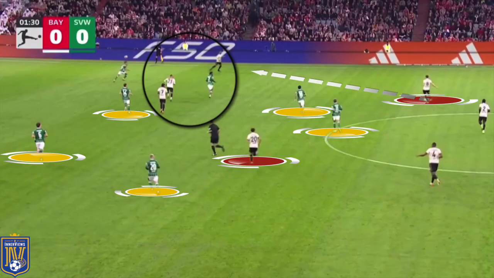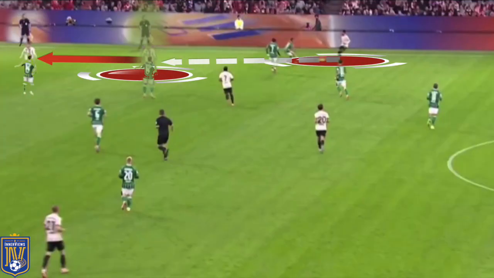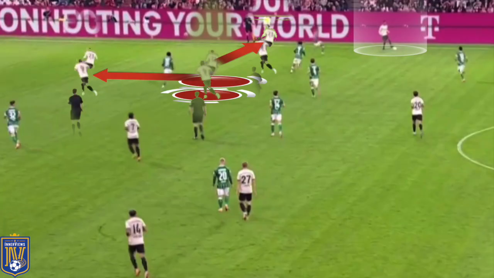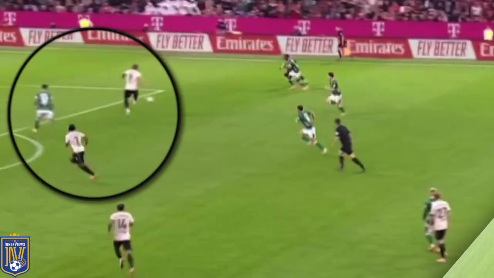There were times where you simply had Olise playing the ball around two defenders for Sasha Boye making a free run in towards the right channel, or you'd end up seeing Goretzka sliding the ball out to Olise, dragging away the fullback, and then because neither of the central midfielders are tracking the movement of Boye, Boye would drag away the center back, and that would leave a free run for Gnabry, Kane, or Goretzka to run off the center back into space. But like I said, when Olise placed his teammates in towards these positions, they simply failed to make an impact